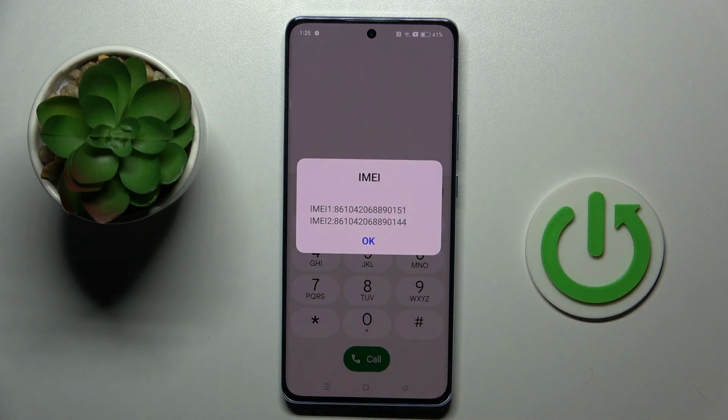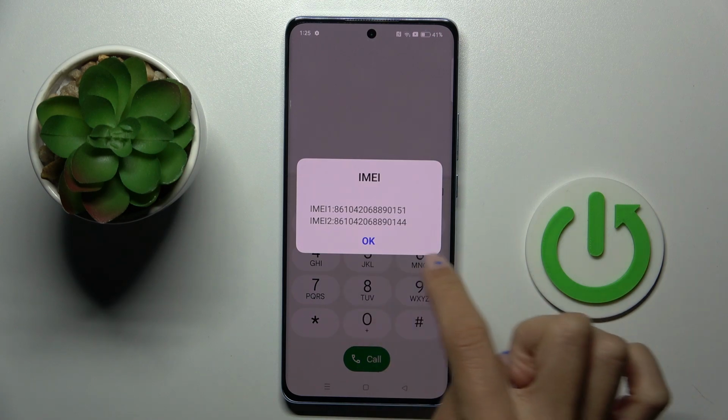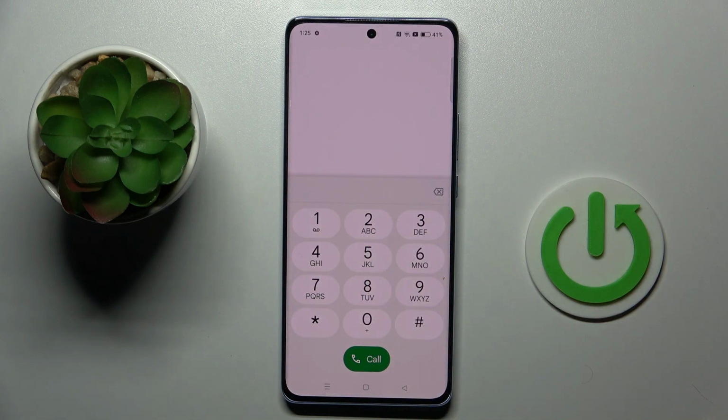And here you get your IMEI number. So smoothly by entering this code you can quickly and easily get your IMEI numbers. Tap on OK then. And let's enter the second one, which is